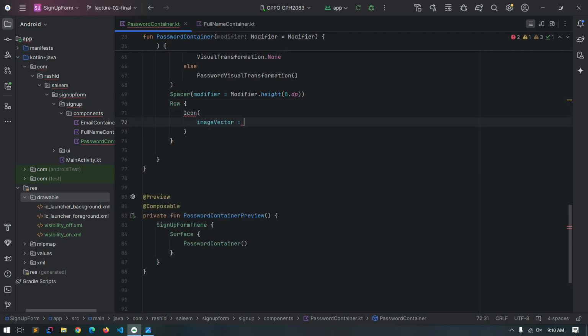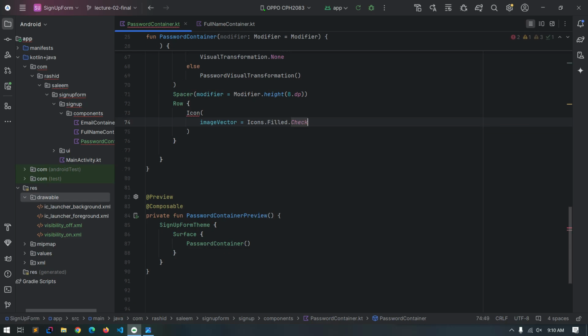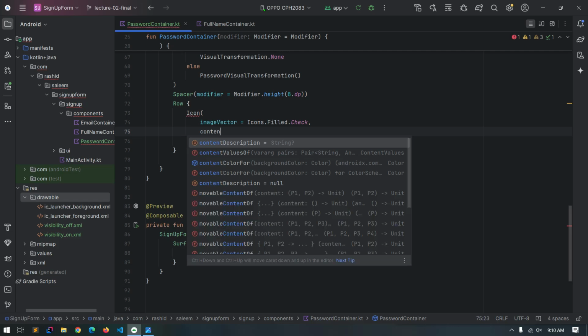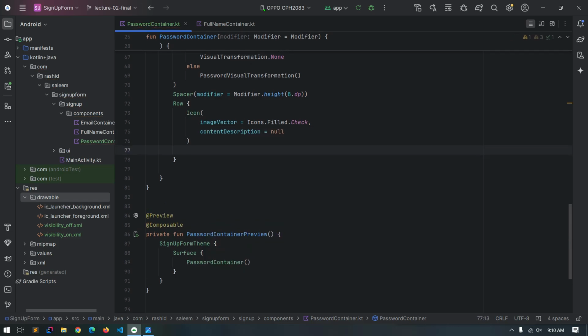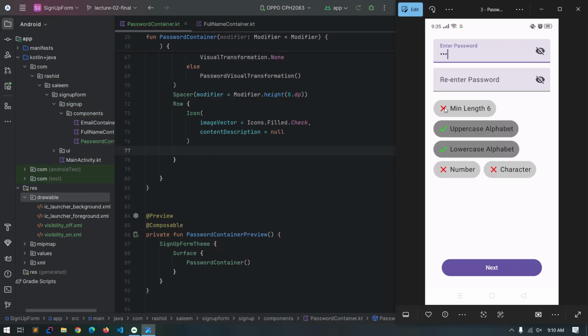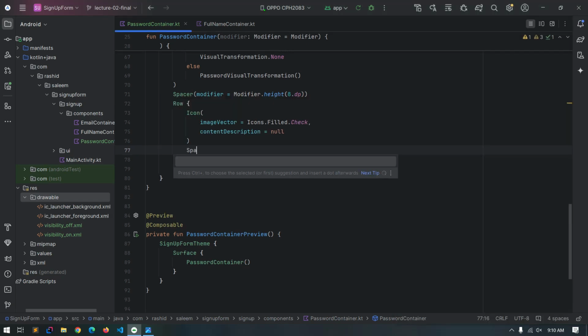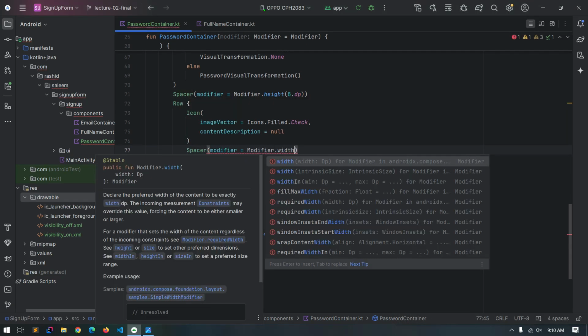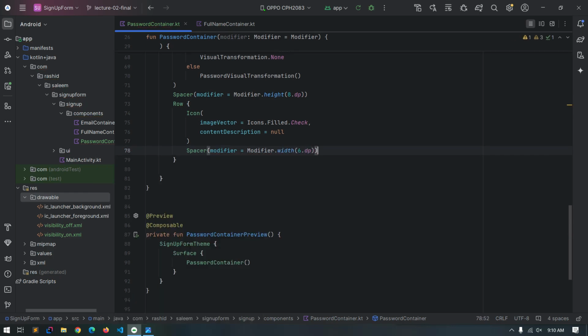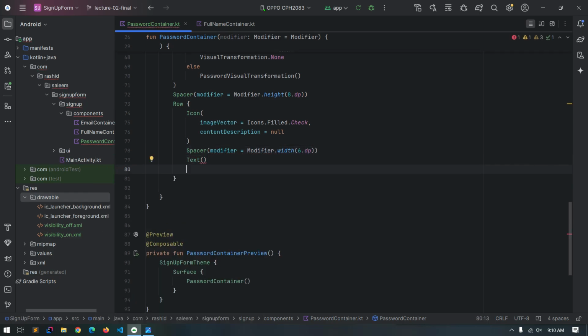Icon, image vector Icons dot Filled dot Check, and content description null, and here put some spacing after this icon, so use spacer, modifier width 6 dp, and use the text here,